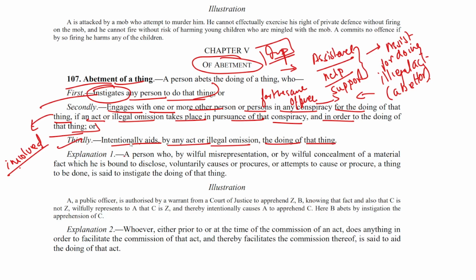Now, if I see that there are 2 persons who are fighting, and I, being the bystander, standing there, seeing them fight, I have grudges with this person B. Let's take the example. This is A, this is B, and I have grudges with B. So in order to assist A and take vengeance from B, what I do is I provided A with a knife,